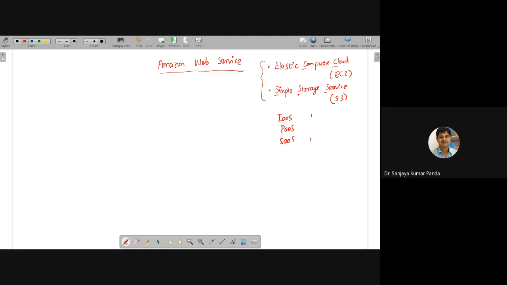EC2 or S3, basically these two services come under infrastructure as a service, not software as a service. Because if you recall, infrastructure as a service provides you the computational need, or you can say compute cloud, and also provides you the storage cloud, by creating virtual machines, as you have studied. The computational service is provided by EC2, and the storage service is provided by S3.